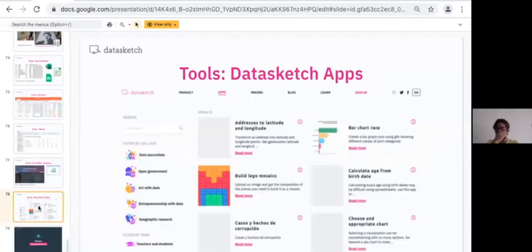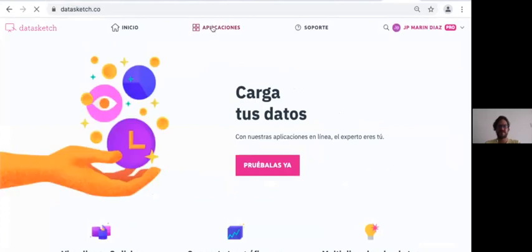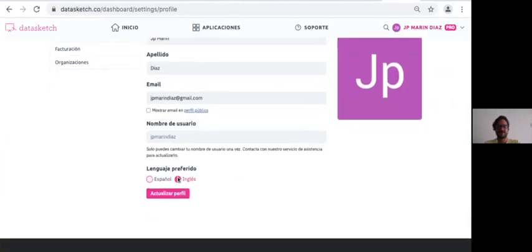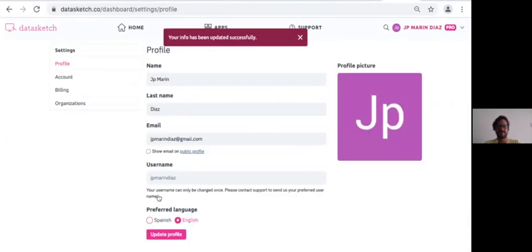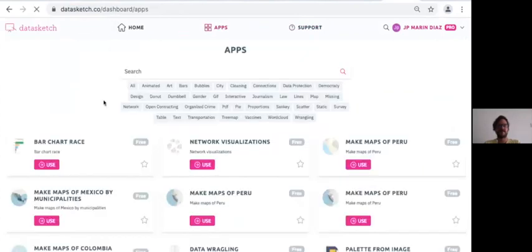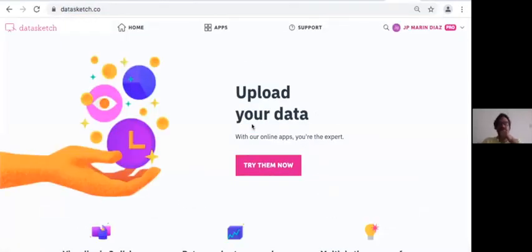Good. And finally, I'm going to show you quickly some of our tools. You go to DataSketch.co. Sorry, I'm going to change my language to English. Good. And then in DataSketch, you just go there, create an account, and we have many different tools to help